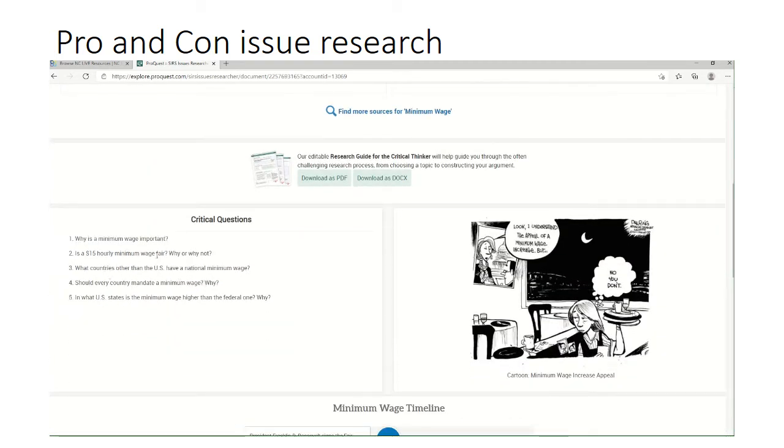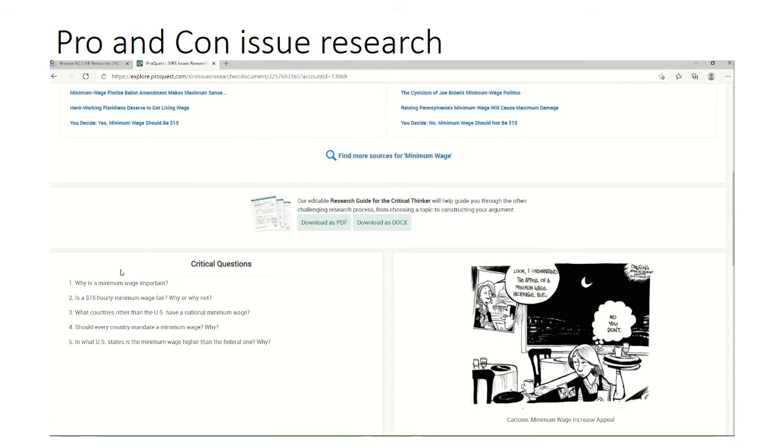Further down the page here you have some critical questions to ask on this issue. But really the most helpful part of this, in my mind, is this research guide for the critical thinker. And this is included on every topic in this database, no matter what you're interested in researching. If you download that,